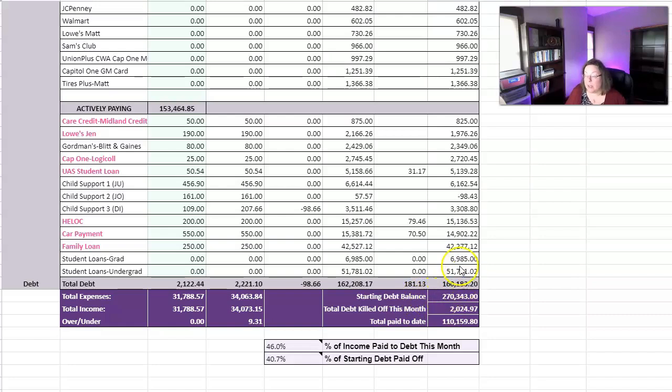It's not truly the starting balance because we added this in the middle, but I just want to keep track of what the total is that we're working to pay off. The total debt that we killed off this month is this number minus this number, and that comes to $2,024. And our total debt paid to date is